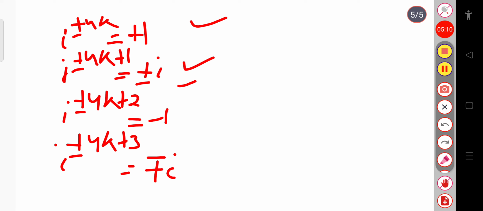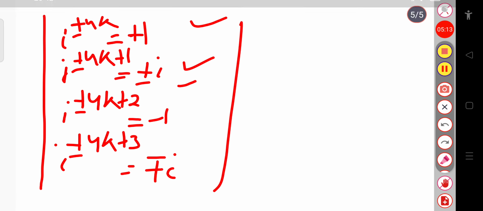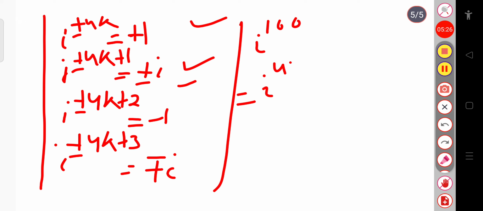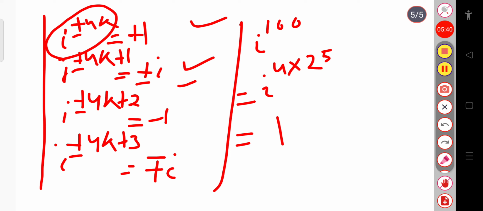So you have to remember this formula so that we can quickly solve. Suppose for example it is given i power 100. So i power 100 means simply you have to divide this by 4. So this will be i power 4 into 25, that will become 100. So simply you have to check, this is i power 4k, your k is 25 here, this is i power plus 4k, simply this value will be equal to 1. You don't have to solve anything, simply this will be i power plus 4k, you know this is plus 1, simply you have to write i power 100 is 1.